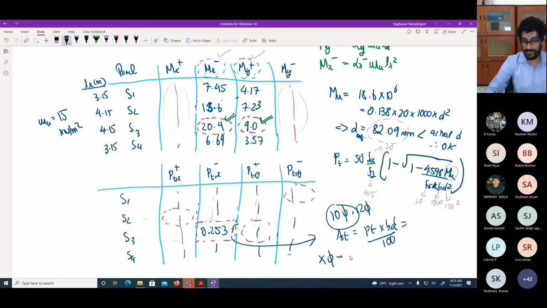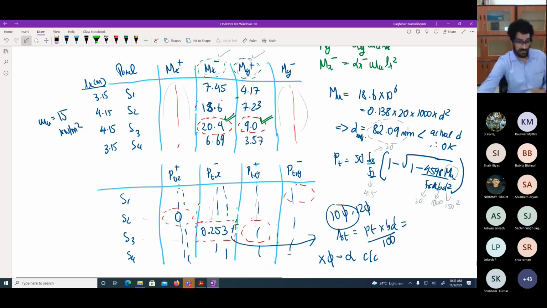Based on whatever diameter you chose, you'll give some X diameter bars at something center to center. Whatever you find, you'll give the same spacing, same reinforcement for all of this. Similarly, what you find for this one, you'll give the same diameter and spacing for all of this, and likewise. That's how you design a slab, and then based on what you found, you can do the drawings as per SP34.